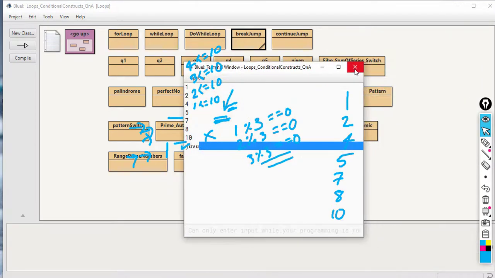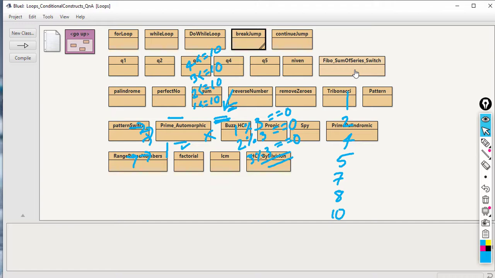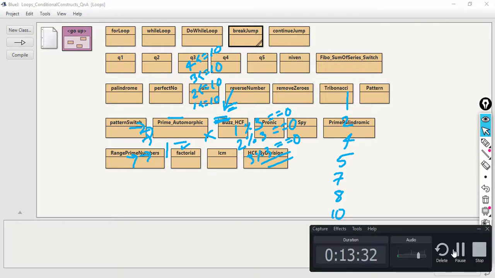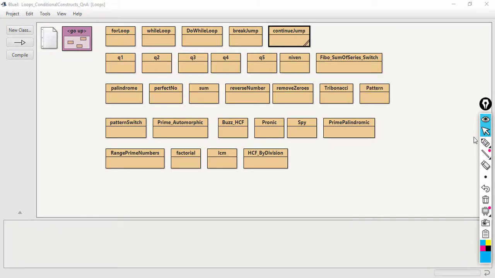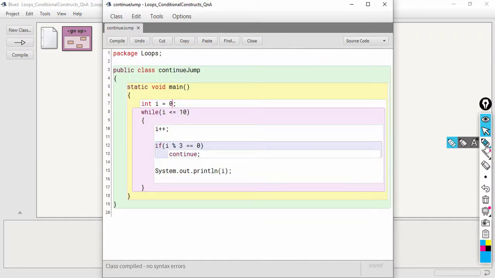So this is how the continue statement works. It takes the control back to the update statement. Now in case of while and do while loops, the continue statement causes the control to go back to the condition, and not to the update statement, so you must be careful about it.